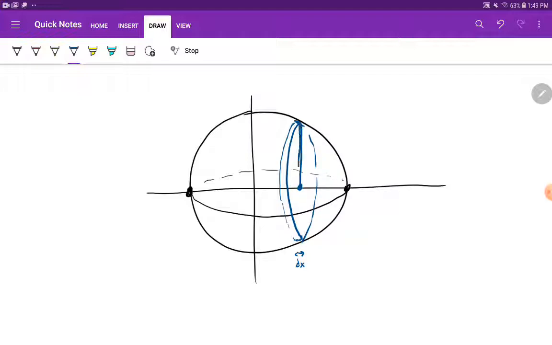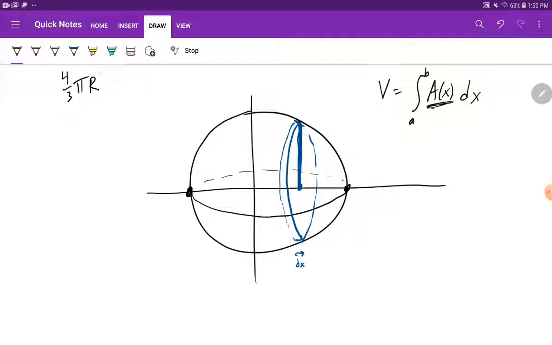We have to identify a couple things that are going on here, right? So first and foremost, if we want to use this formula, volume is equal to the integral of A of x dx, we've got to figure out what my A of x formula is going to be, and in addition, what my bounds are going to be, right? So I think we should start with the bounds because that's pretty easy to figure out. If you think about it,